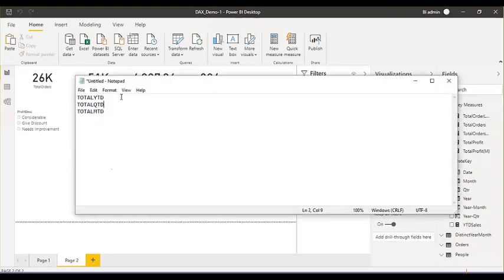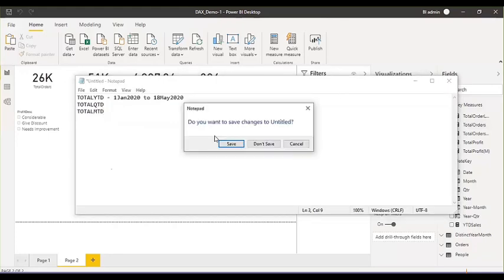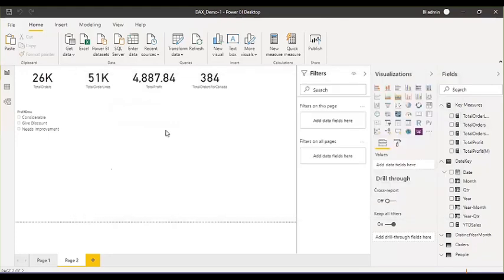But generally, I'll explain once again. What is YTD? YTD is the first day of the current year till today, right? So it means from 1st Jan 2022 till today, it means till 18th May 2020. And in the same way for quarter, first day of the current quarter till today, and for MTD, first day of the current month till today. All right, so now use the time intelligence functions.